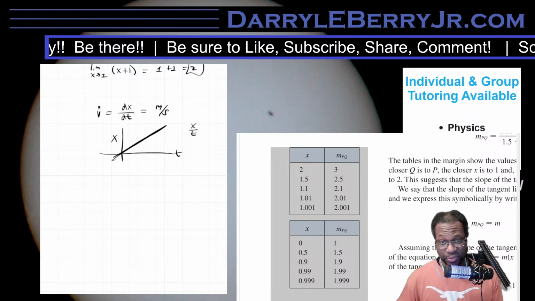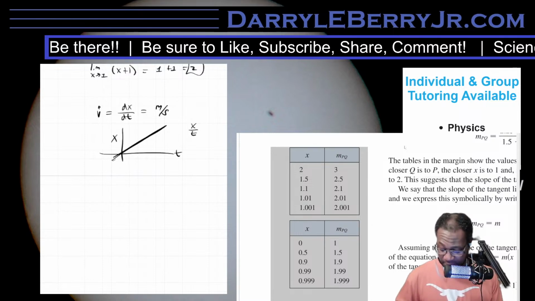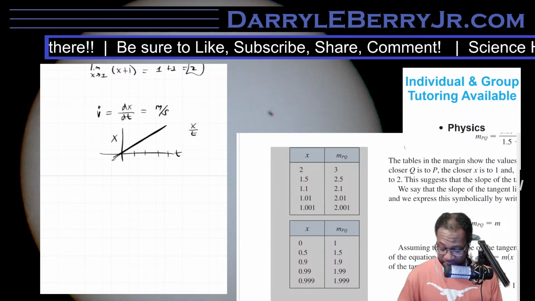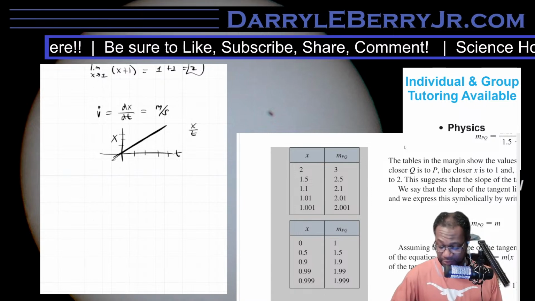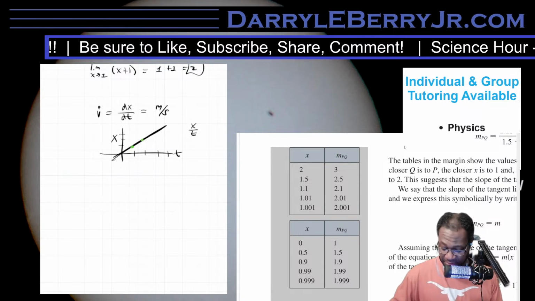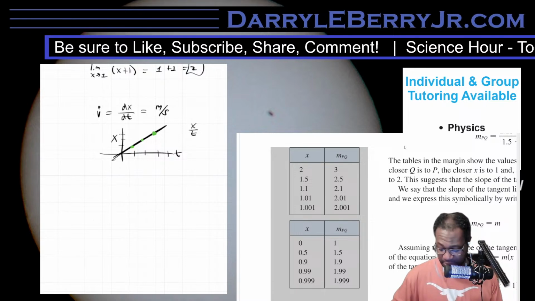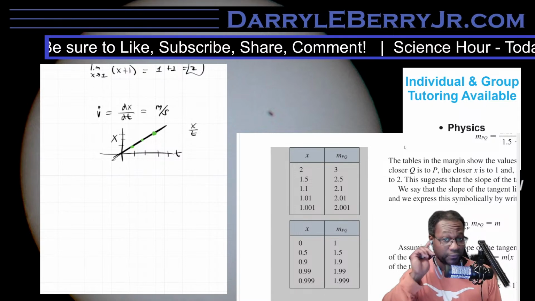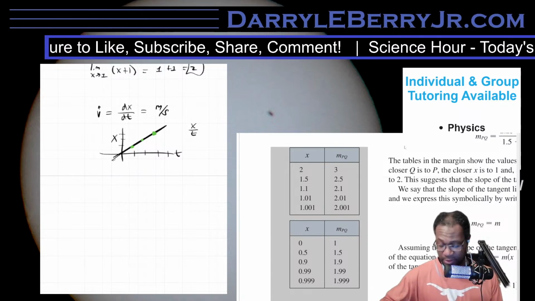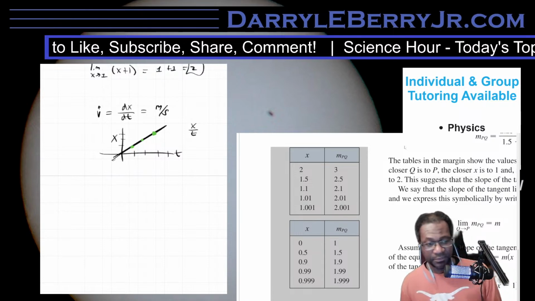This is actually the reasoning, by the way, that we utilized to measure the speed of light. We simply got the different times that it took for light to travel a certain distance, and we plotted the distance. And then when we found where those points matched up in the middle, we just plotted those points and then did a curve fit to connect them. And the resulting line from the curve fit was the speed of light, by simply finding a limit or getting the slope. All of these things refer, in a sense, to the same thing.